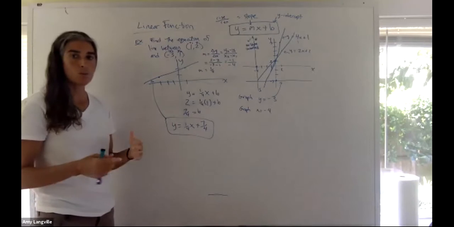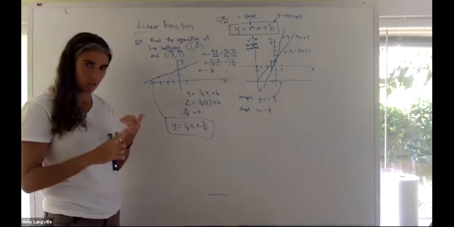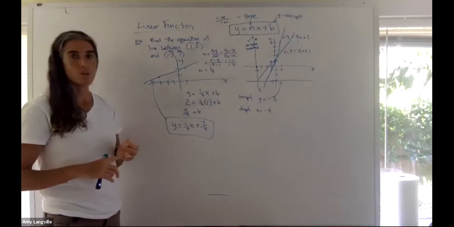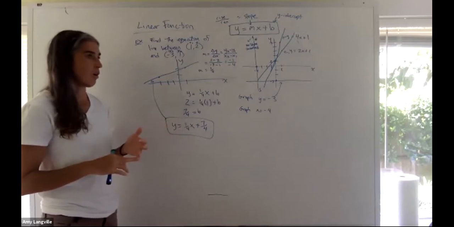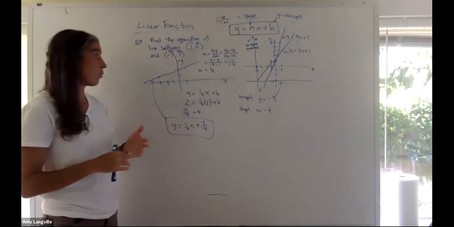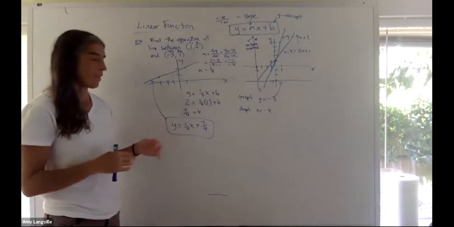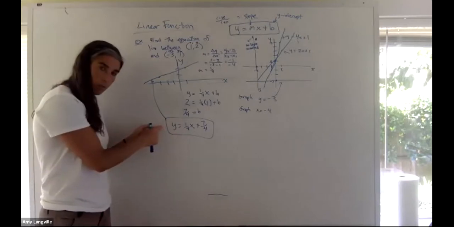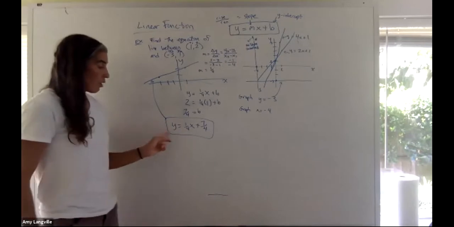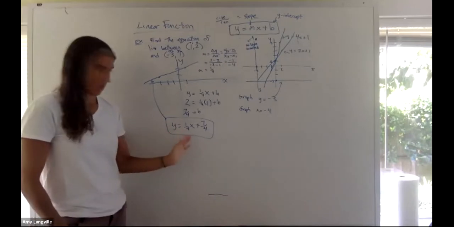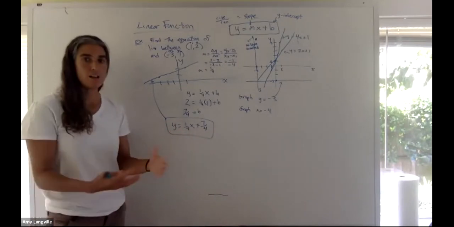So you have a lot of problems where they'll give you some information about a line. They'll tell you it's a line, they'll give you a point and a slope, they'll give you 2 points, they'll give you a point and a reciprocal slope, and you just want to get to the place where you can write it like this. When you write it y equals mx plus b